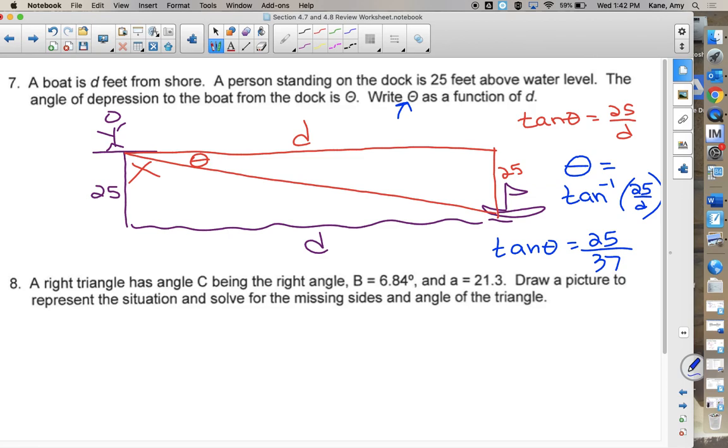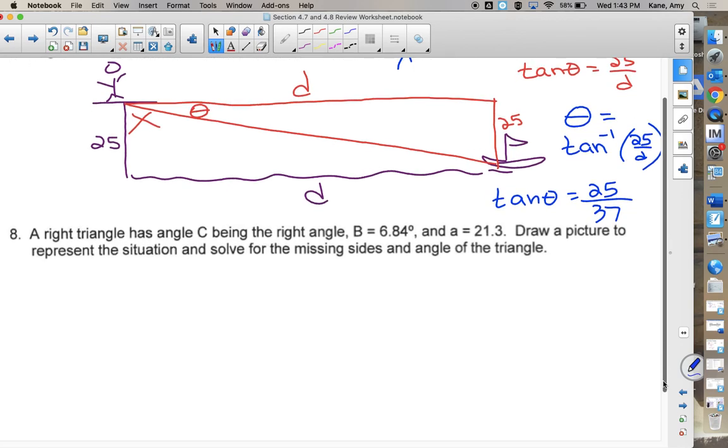Number 8. Is that one okay? Yeah. Okay, it could be totally missing something, but how do you know which side A is on? Because I did it as sine first and then got the wrong answer, so then I redid it as cosine and got the wrong answer. Okay, so